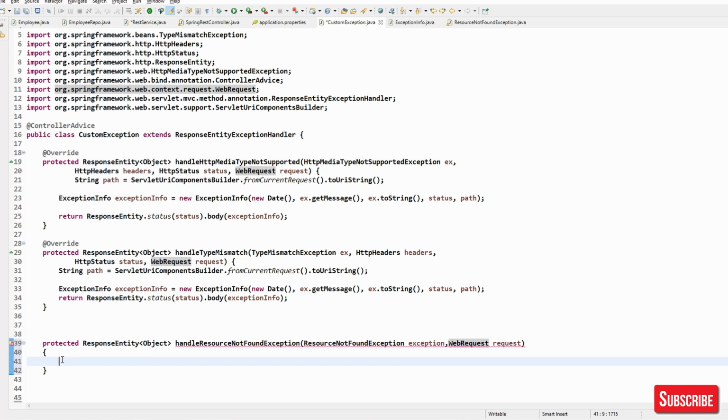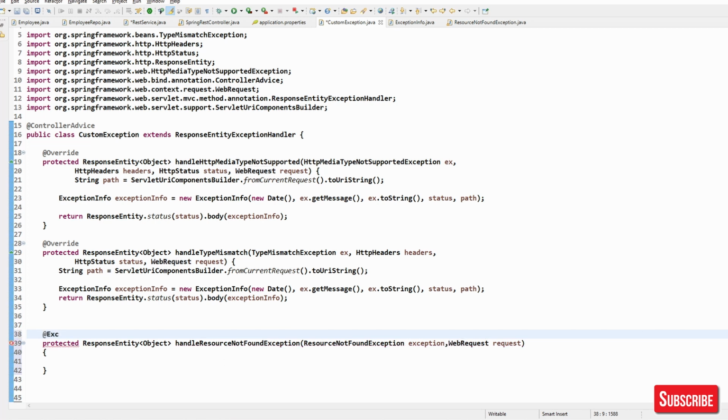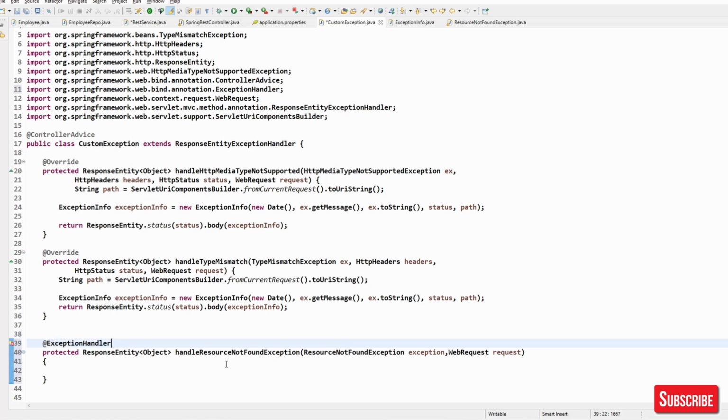Okay. So what is going to happen is whenever ResourceNotFoundException is thrown, Spring Boot will call this particular method. How? By using ExceptionHandler. So you have to have it here, ExceptionHandler, and here you have to mention ResourceNotFoundException.class.